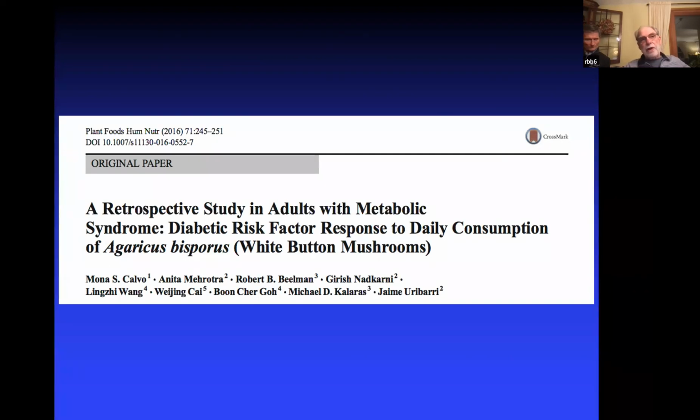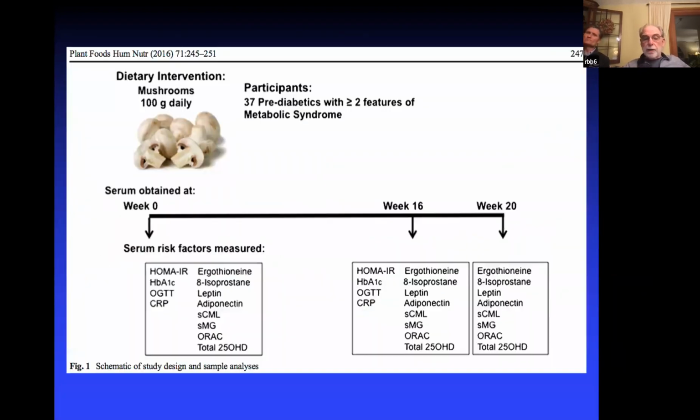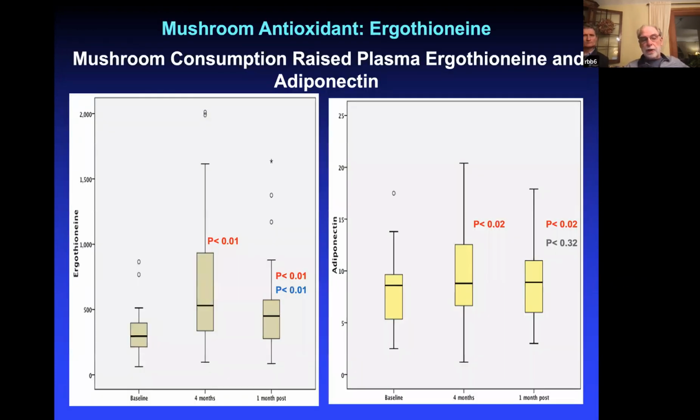mushrooms every day. First, their blood was taken, then they were served 100 grams of mushrooms a day for 16 weeks. Then blood was taken, and then they went off the mushrooms, and four weeks later, the blood was taken. And what's interesting is